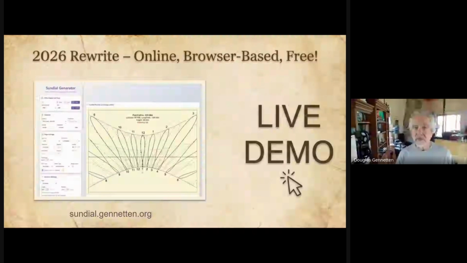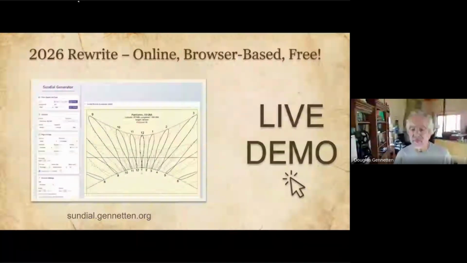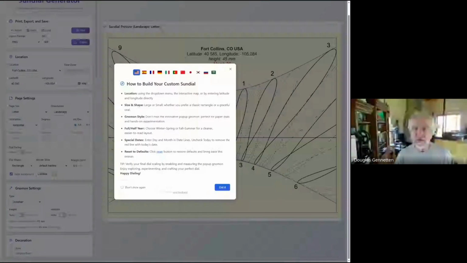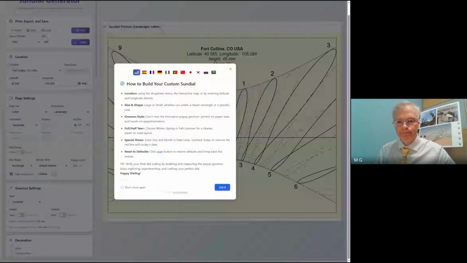Let's see. I think you don't see it yet, do you? Okay, have you shared just one window or the whole screen? I think I just have to stop and restart sharing. And there we go. I think we got it now. Okay, you can see it now? Oh, yes. Okay, so